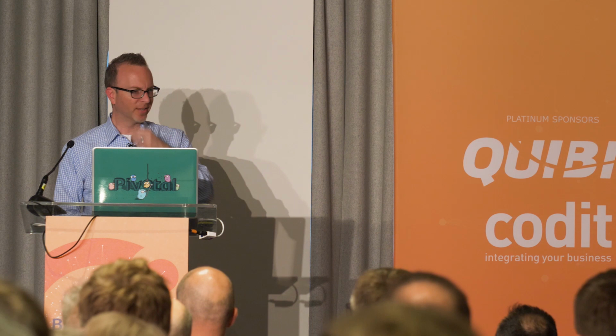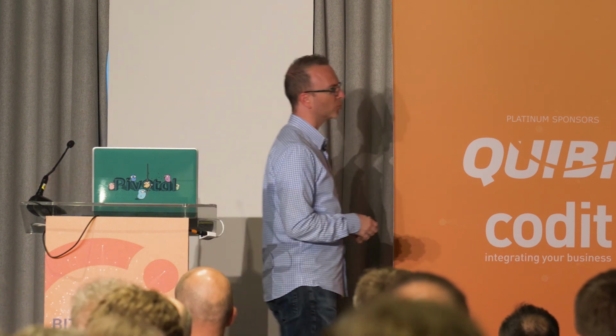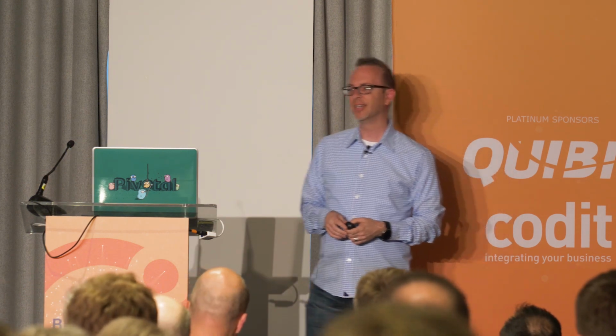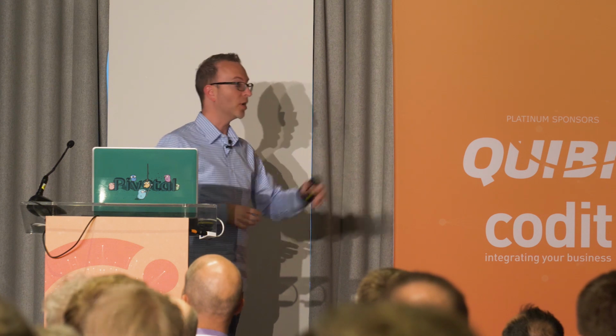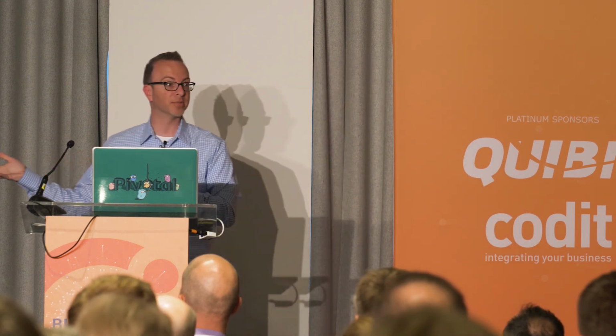All right, so that all sounds great. We're going to go modernize stuff tomorrow. So what's the really hard stuff that, since I don't work at Microsoft, I can say? So you might not have feature parity, right? You might have sat through a lot of talks this week going, that looks really cool, but I feel like I'm downgrading from what I have today. That's fair, right? There's going to be certain things that are not yet at parity in a public cloud to what you have in your on-prem system, right?